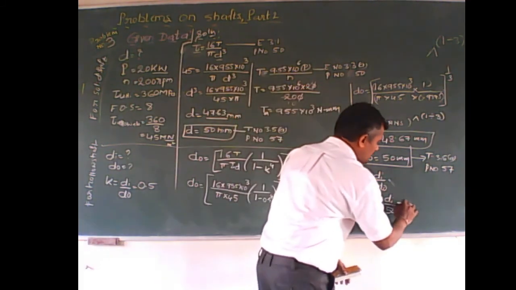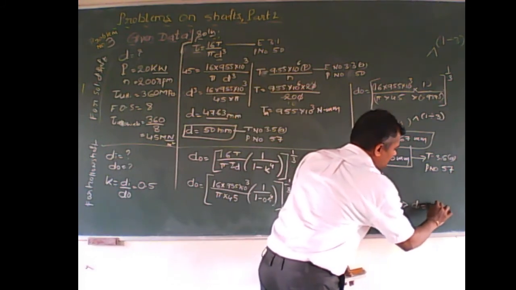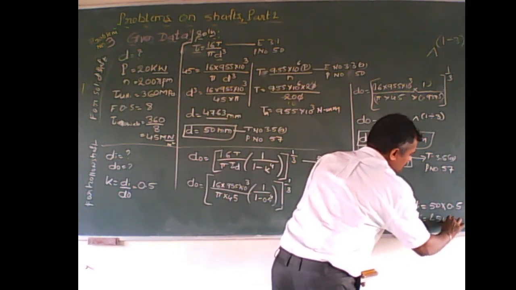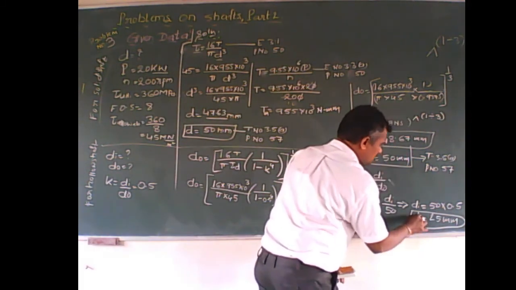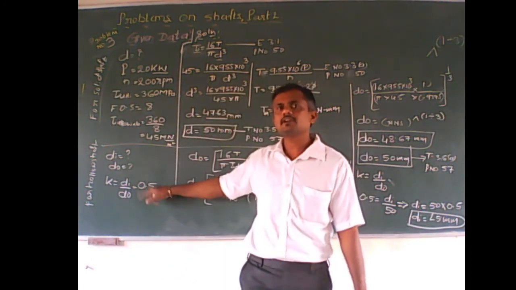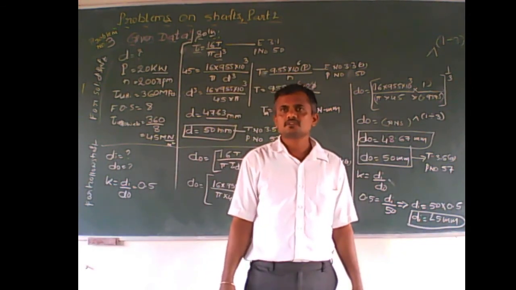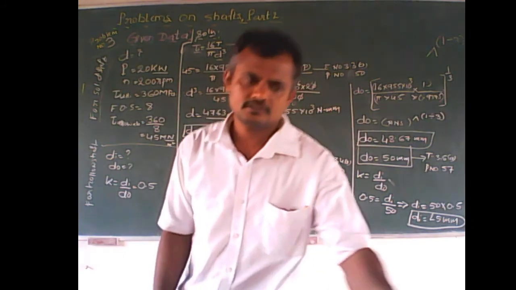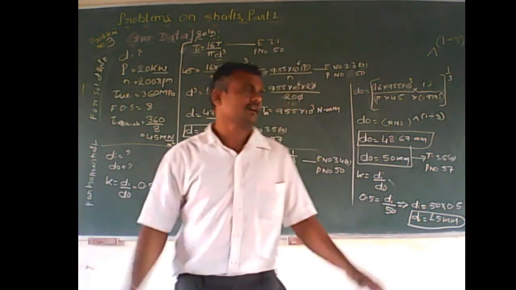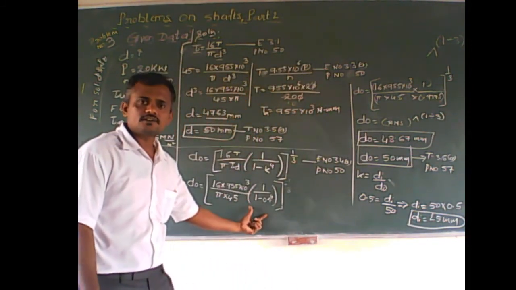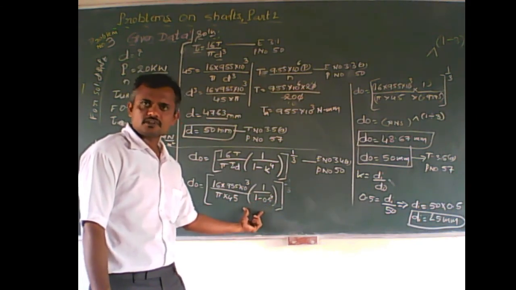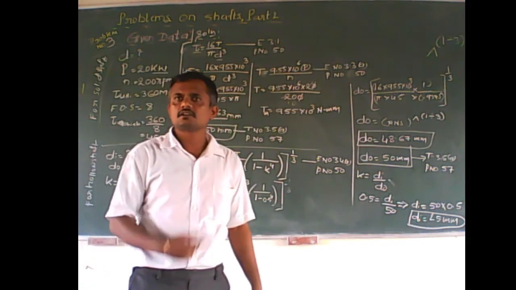So di is equals to what then? Di is equals to 50 into 0.5. So di is 25 mm. So this is obtained with the help of this relationship. Understood? So this is how we can calculate this kind of problems. Make sure of the proper substitution, and while substituting the values in the calculator, be confident and follow the steps which I have told you already. Okay, thank you very much.